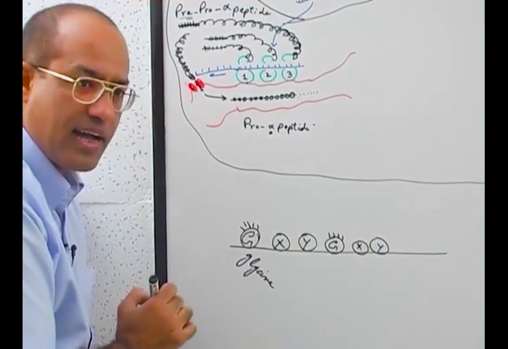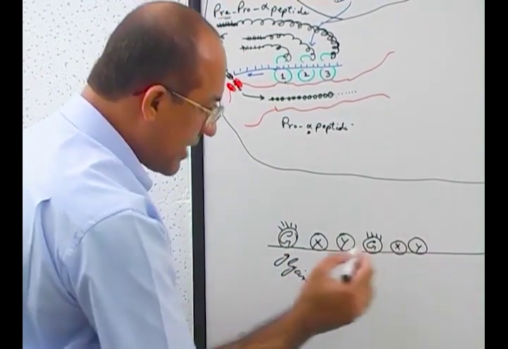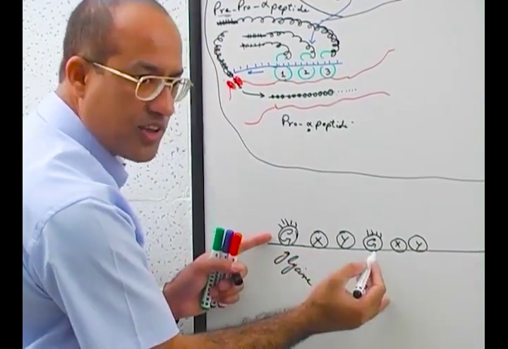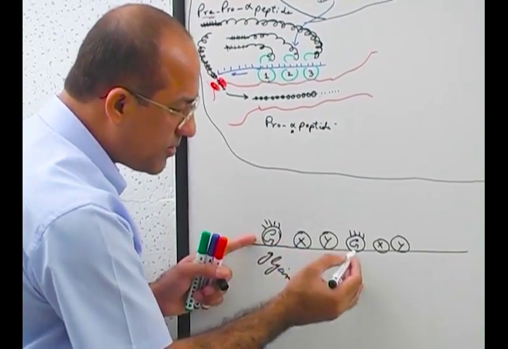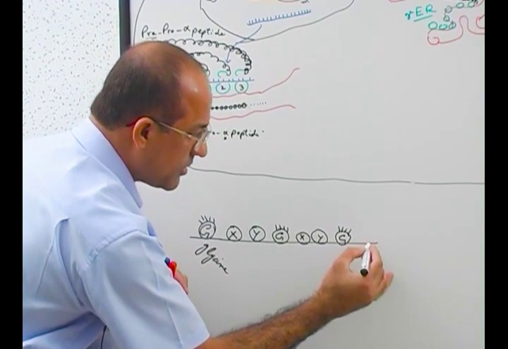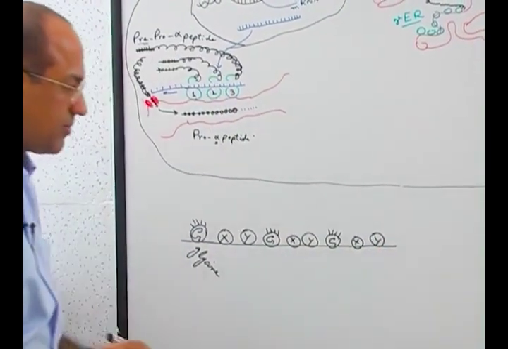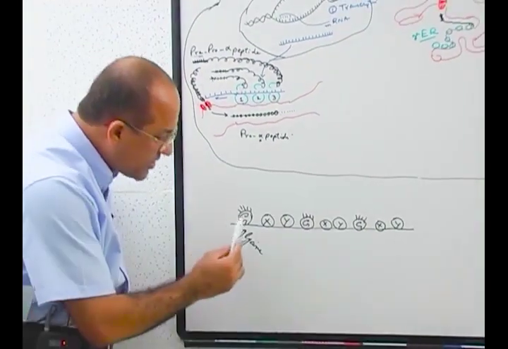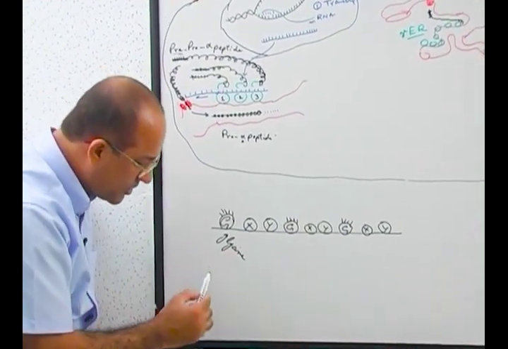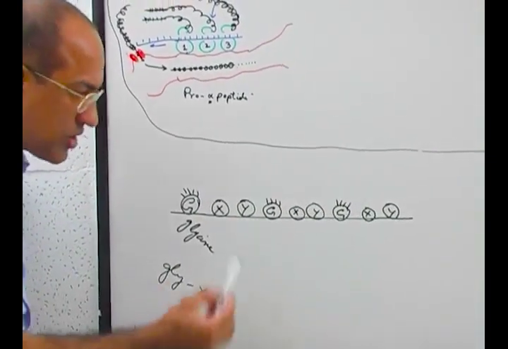Glycine. Actually, the whole alpha chains have a special sequence of amino acids in which every third position is glycine. So the basic formula is glycine, X, Y. Is that right? And this sequence keeps on repeating